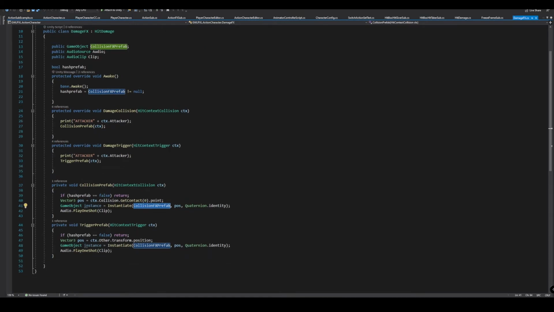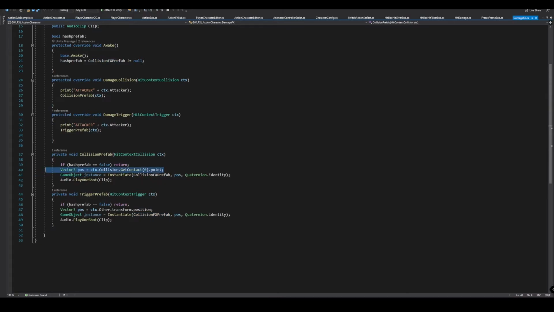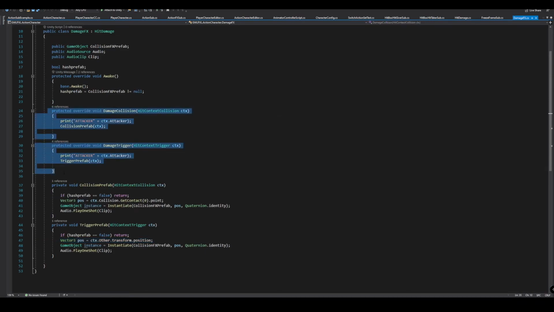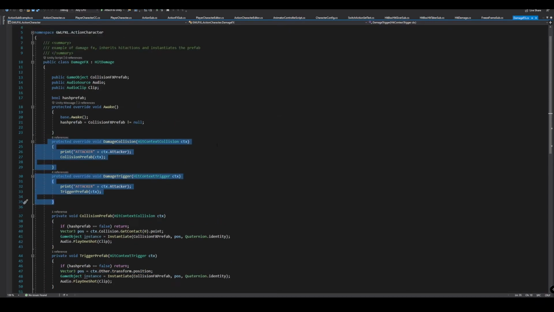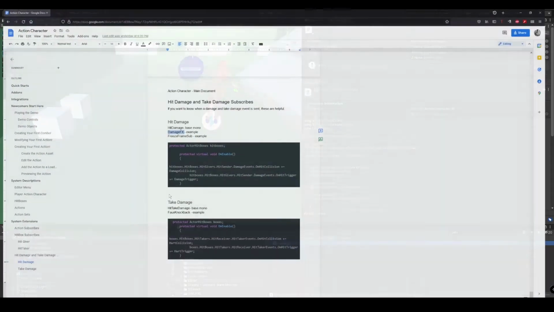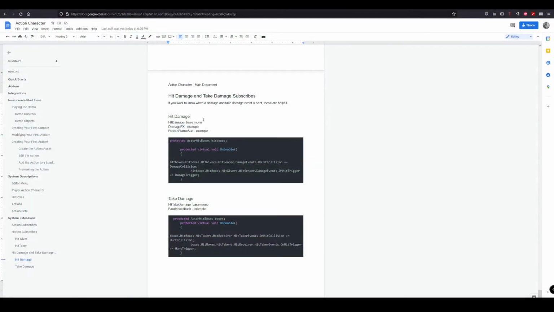And then for the collisions, right, it'll give you the position of where it got hit. And then triggers, it can't do that, right? It doesn't have access to it, so it just gives you the position of the thing that was hit. But of course you can override and do your own custom code here for damage collision and damage trigger. So we go back in here. All right, so that's the hit damage that you would go ahead and override,